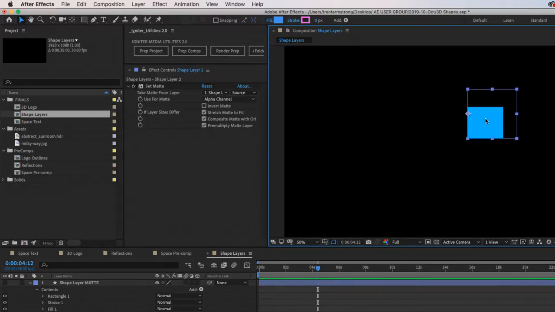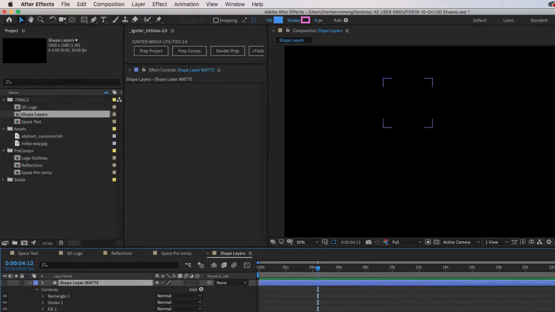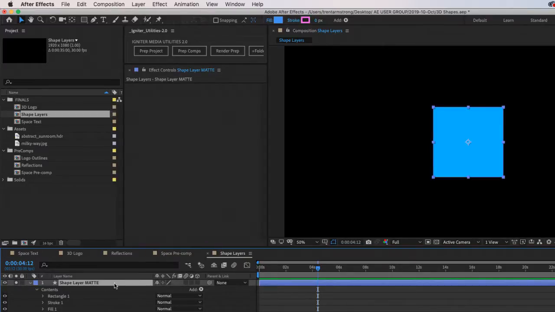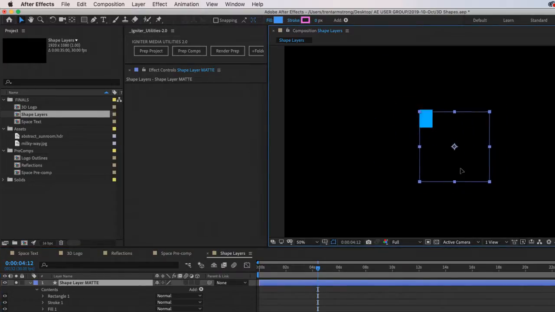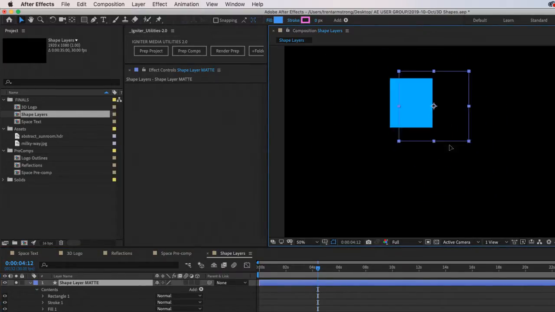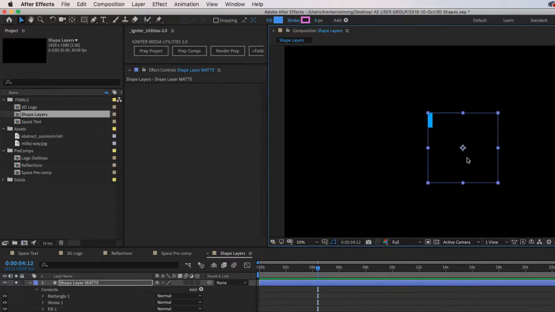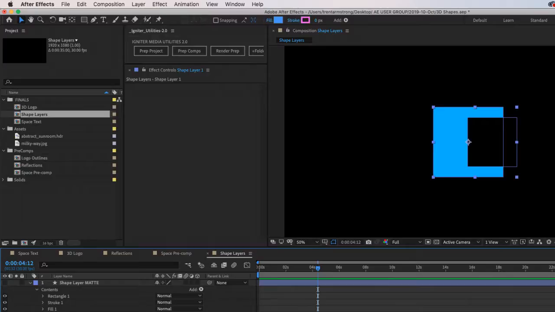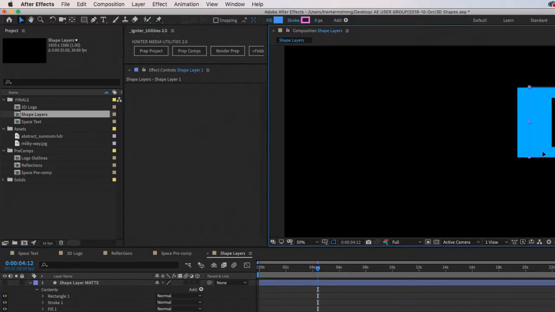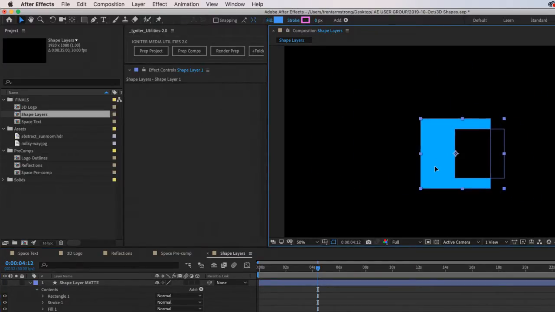So it could be that you want this guy living off by himself, because he lives by himself. You can parent him to other things and work with it like a normal layer, instead of it being part of this hierarchy here. Because if I take this whole thing and move it, then the whole thing goes with. Okay.